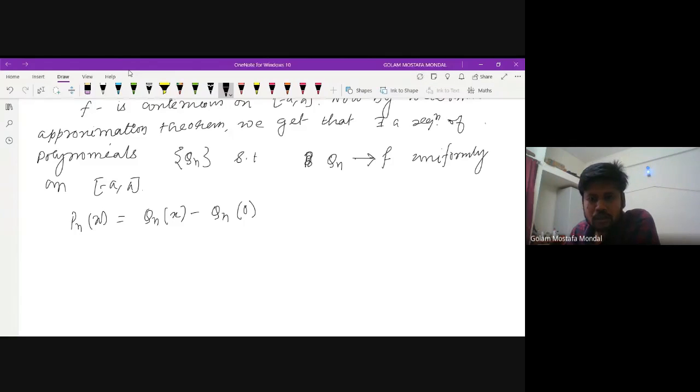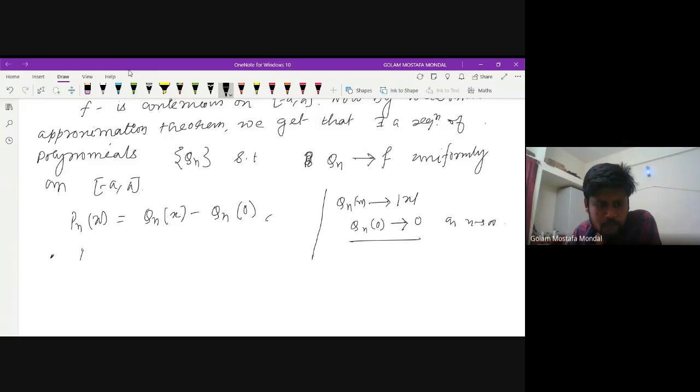So see that since Q n x converges to mod x, Q n 0 converges to 0 as n tends to infinity. So see that P n of 0 equal to 0 for all n,